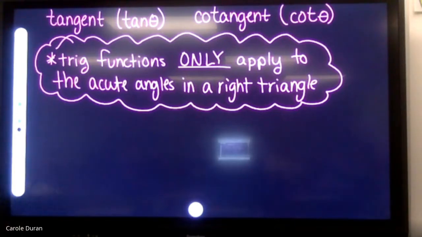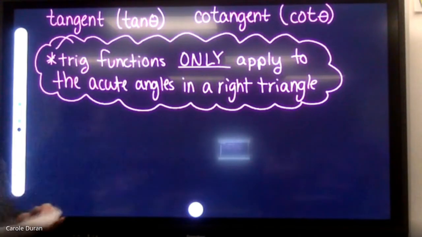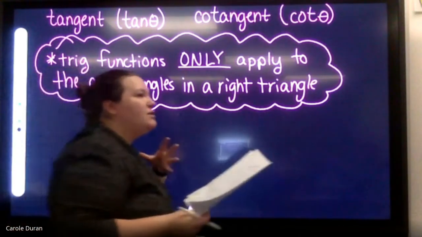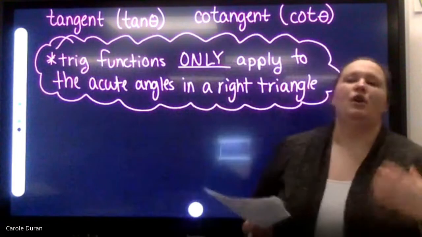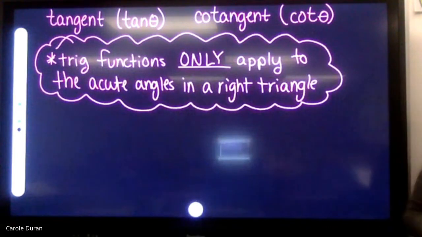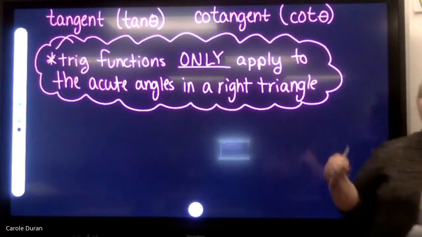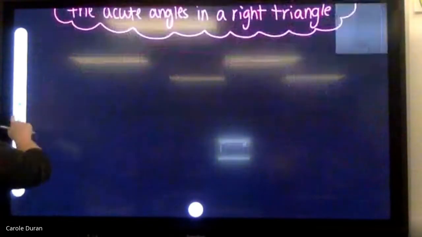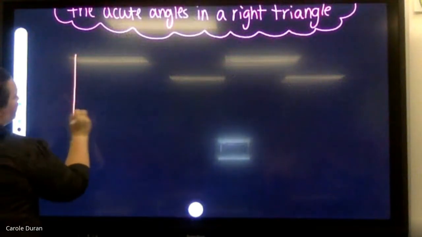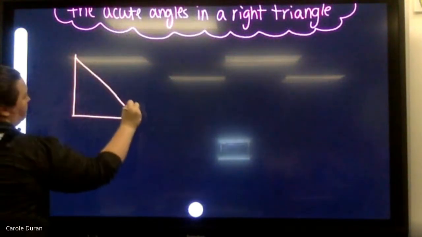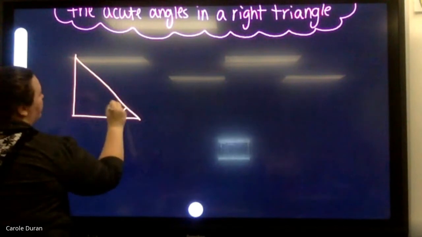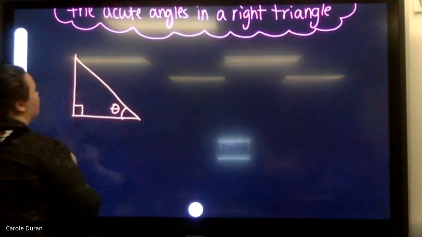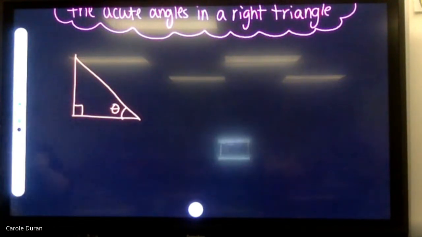Okay, so these trig ratios are very specific to the sides of a right triangle. So what we need to do now is practice identifying specific sides of a right triangle in regards to the angle theta we're working with. So for example, if I am given this right triangle and I am identifying this bottom right angle as my theta angle,